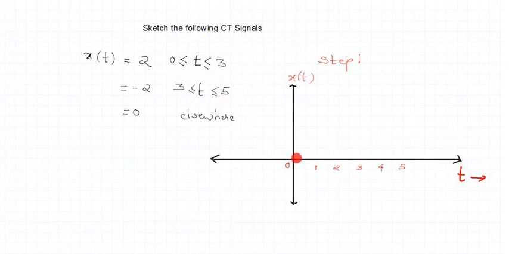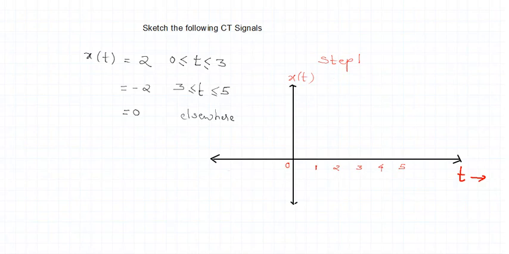Right, and hence in step number 1, if you see, I have plotted the x and y axis and I have labeled the time instants over which the signal is present. So the signal is present at 0, 1, 2, 3, 4 and 5. Everywhere else outside this range the signal is entirely 0. It is 0 here, it is 0 here. Right? So the signal exists in this particular time period only. So this is what I will do in step number 1. I will identify the time period over which the signal exists.